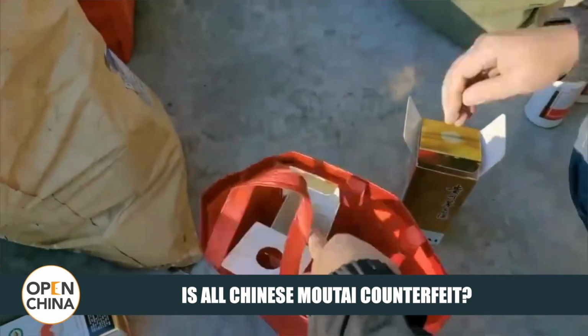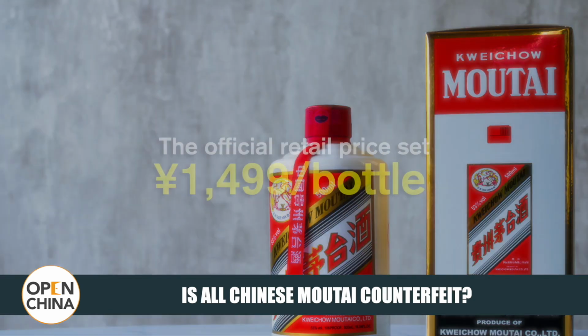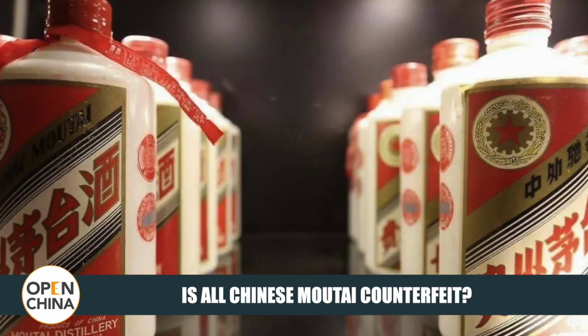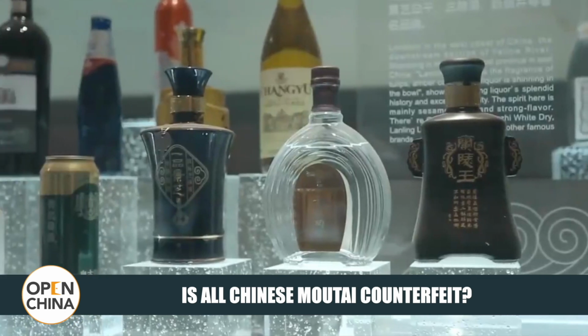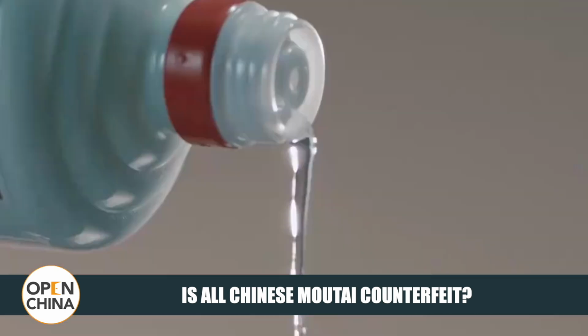In recent years, the price of Moutai has skyrocketed, with the official retail price set at 1,499 yuan per bottle, or just over $200, but stores sell it for around 3,000 yuan per bottle. Due to its high price, Moutai has been a prime target for counterfeiting. A coal tycoon from Shandong named Mr. Wang recently spent